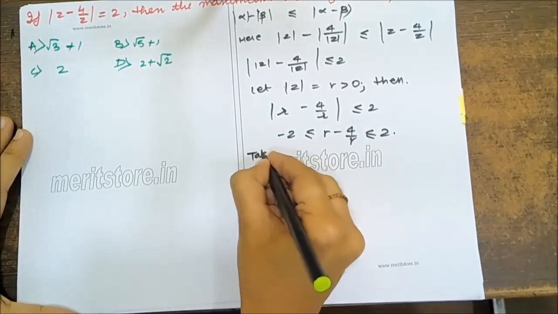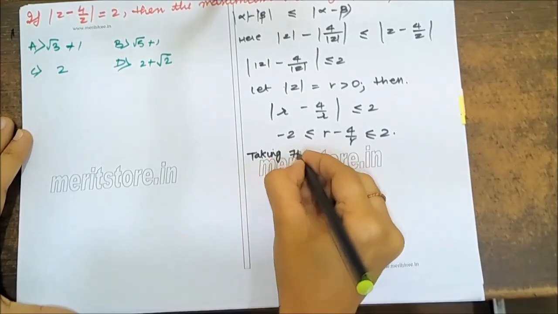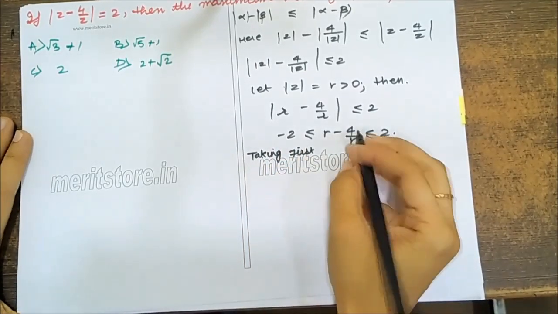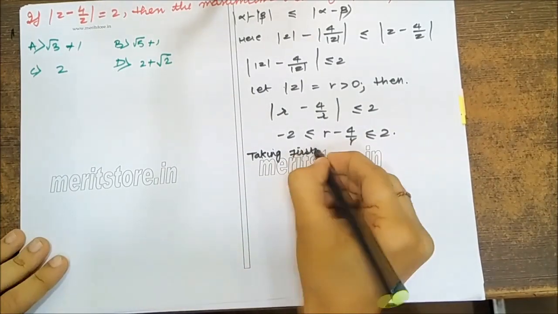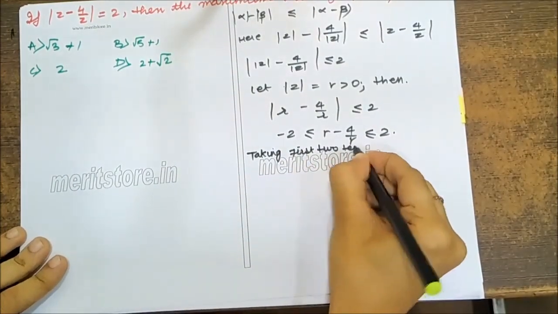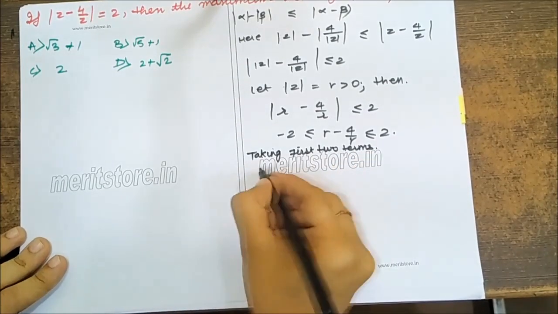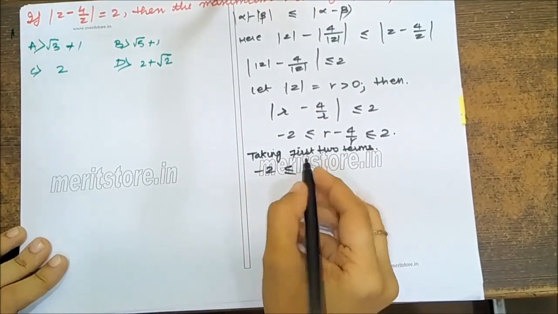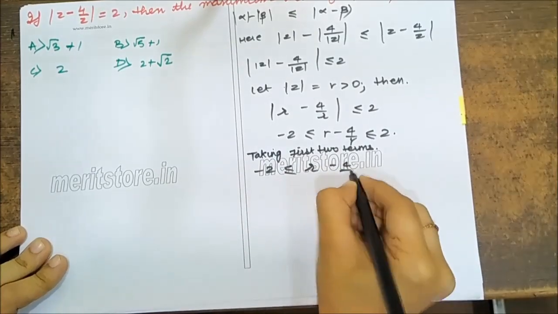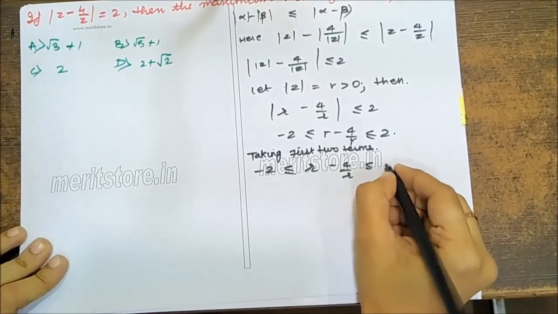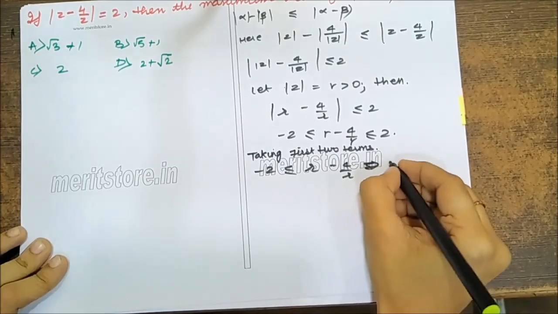Taking first two terms, so minus 2 less than or equal to r minus 4 upon r,